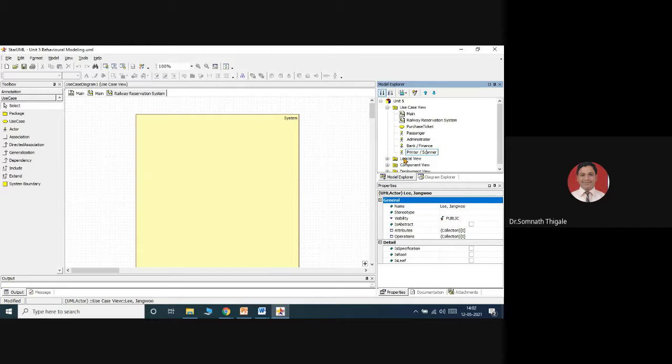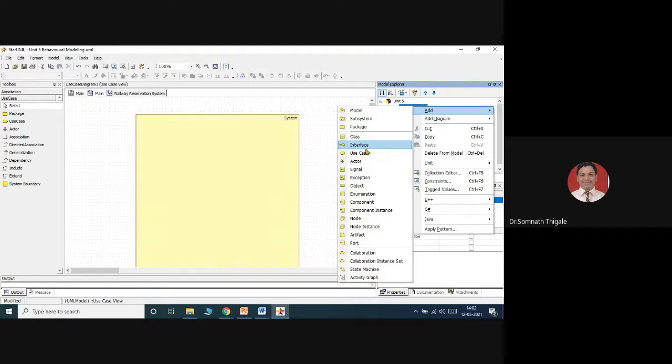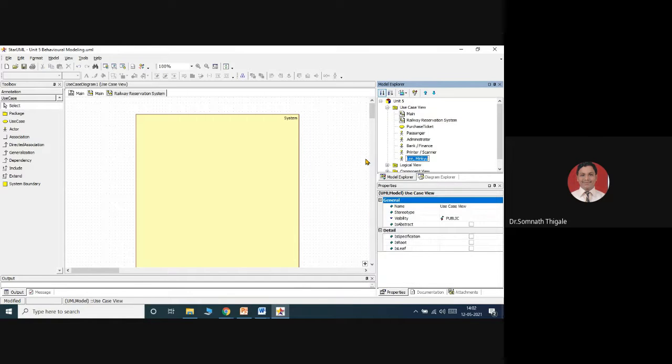I'll consider printer, comma, scanner. So this will be from the hardware parts. Then different cameras will be there to watch and all these parts. So I will consider one more actor over here. Add actor.